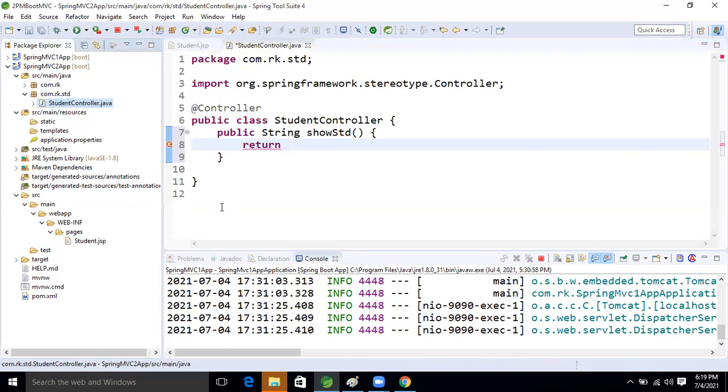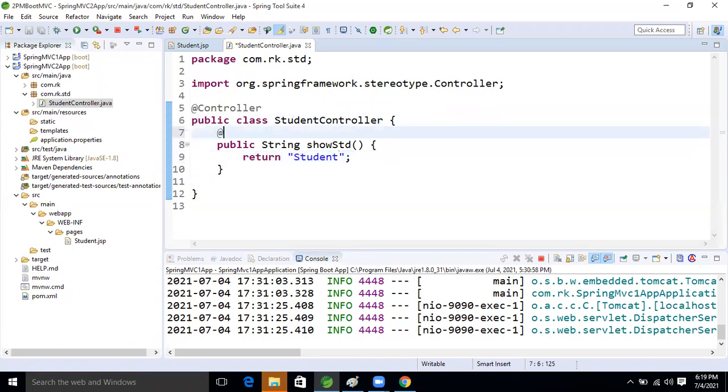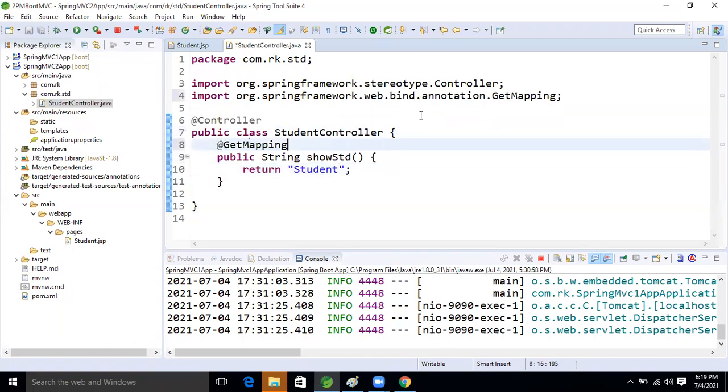View name we will take here: student. Good. So here we will take @GetMapping. Okay, @GetMapping we are taking now. Okay, good. So fine, now our application is ready now, guys.